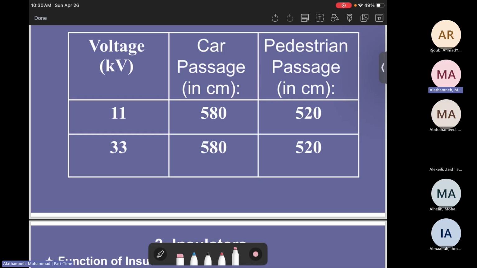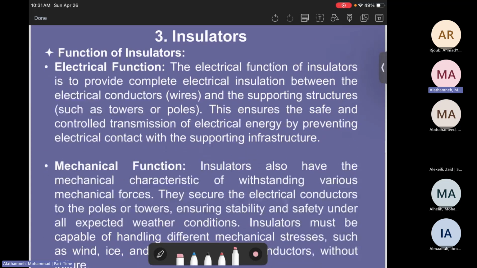It will not make damages, but the standard, they make it like this. So as a backup, they add extra length. However, I would say in 11 kilovolt, the length is maybe 1 meter, something like that. But we're not talking about the electrical safety, but we're talking about some mechanical safety or other hazards like trees or cars, or something going out from the cars or trucks, especially the trucks. We need to make sure there is nothing that can touch the wire or can go very close to the wires or the conductors.